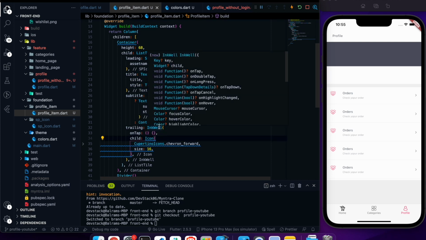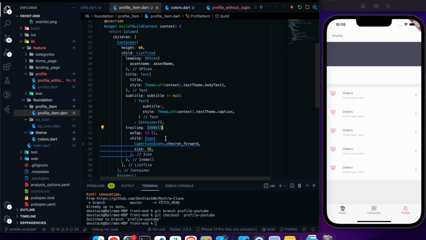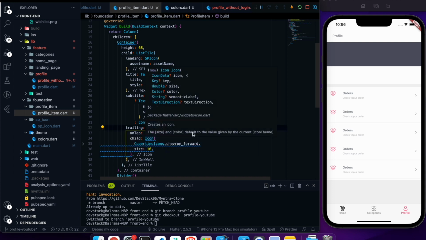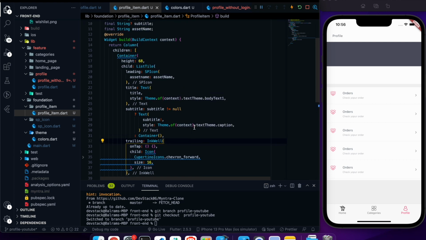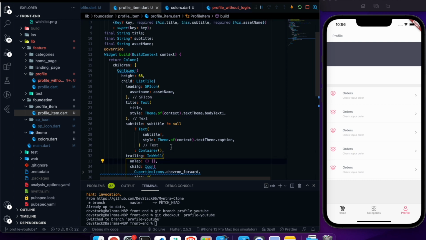I like using the InkWell because it doesn't apply padding or margin on its own. So I have wrapped this icon with the InkWell. And yeah, we will think about this onTap later, but as of now we are pretty much handling the thing.